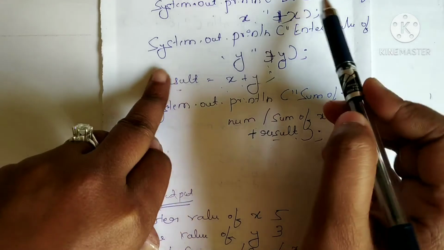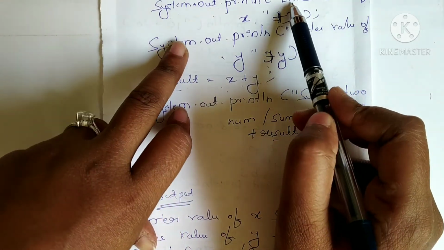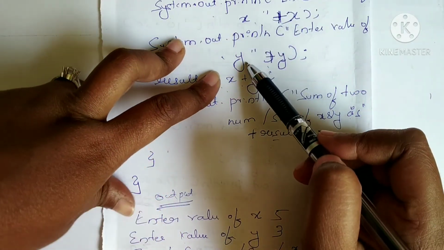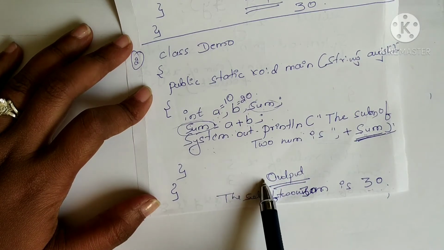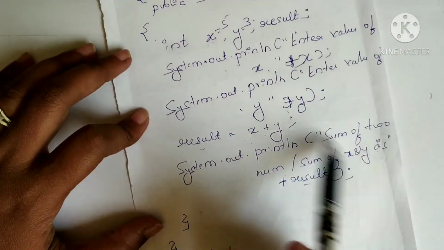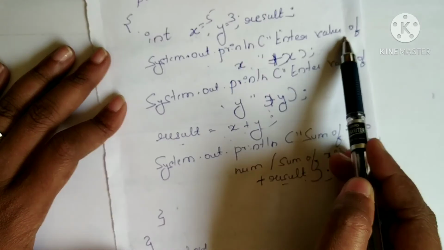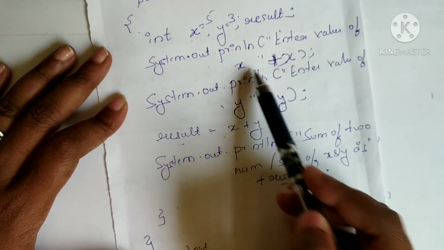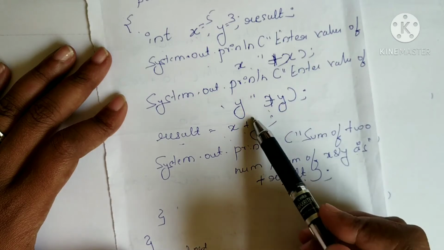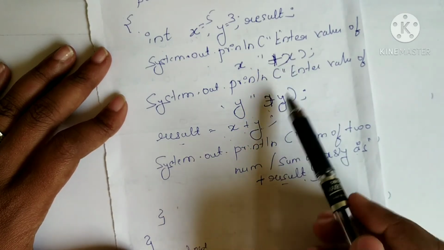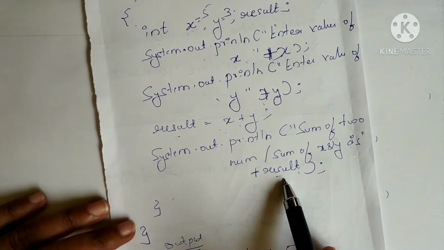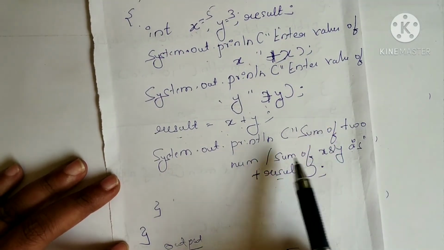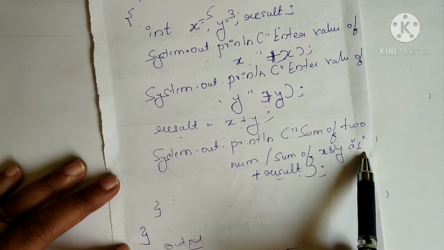In this, we are printing the x and y values with the statement. In the previous program we didn't use any statement, but in this we are using the statement. Enter the value of x and enter the value of y. Both are stored in result. Then the result is printed with the statement sum of two numbers, or sum of x and y is